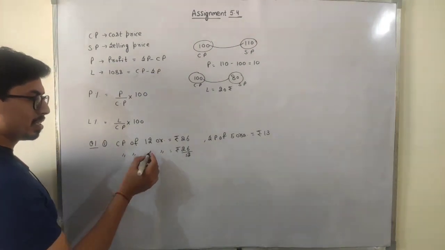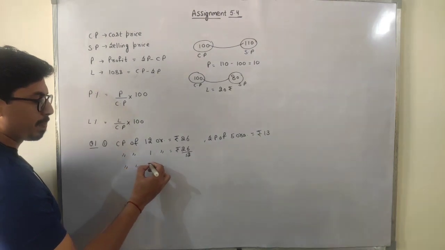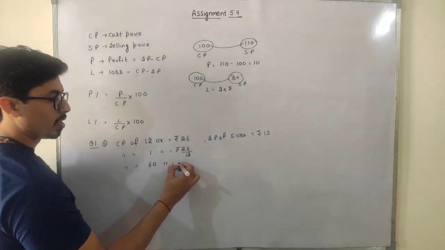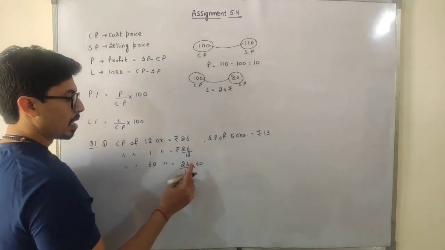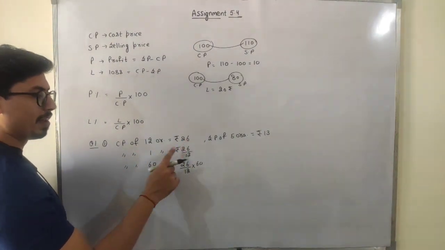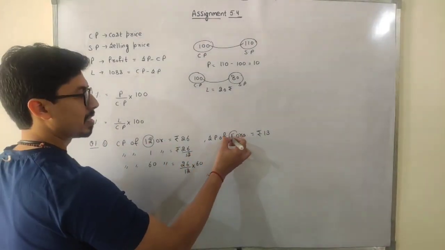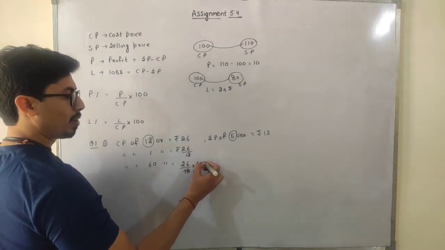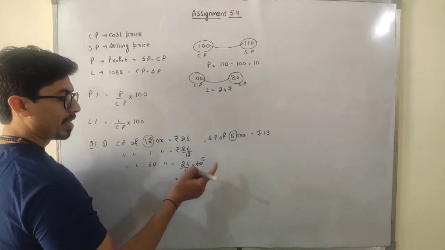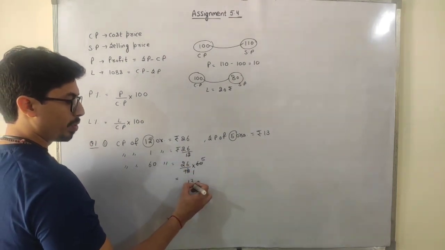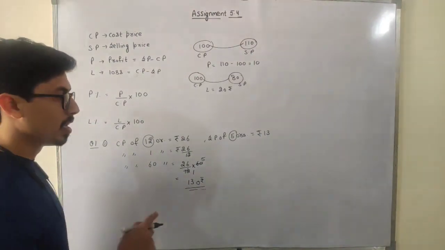So I will find out the cost price of 60 oranges. So this will be 26 by 12 into 60, because cost price of 12 is this, 1 will be this. I will find out 60 because LCM of 12 and 5 is 60. So 12 ones are 12, 12 5s are 60. If I just multiply them, 5 6s are 30, 3 5 2s are 10, and 130 rupees. So the cost price of 60 oranges is 130.